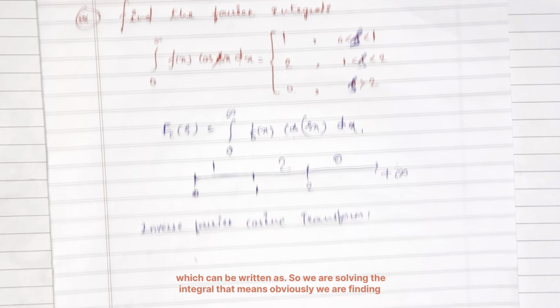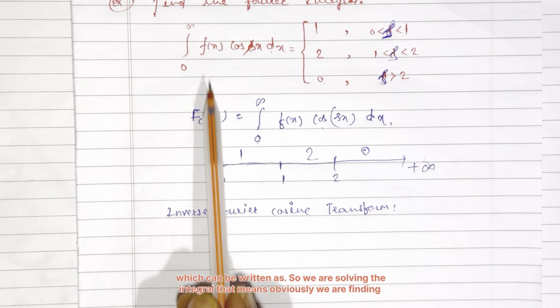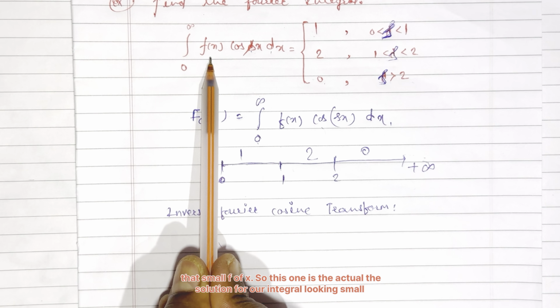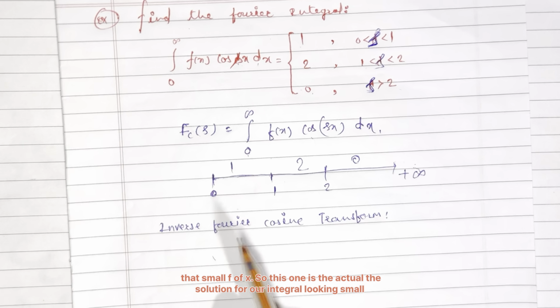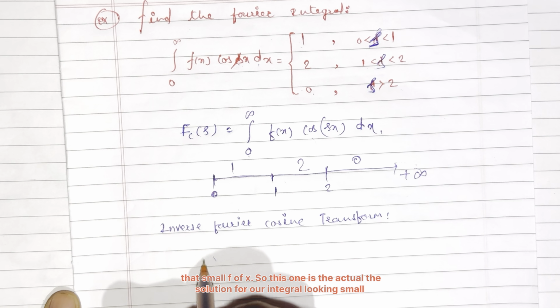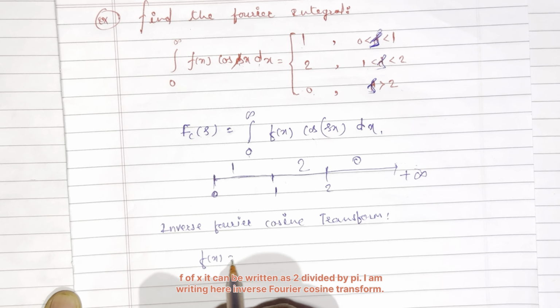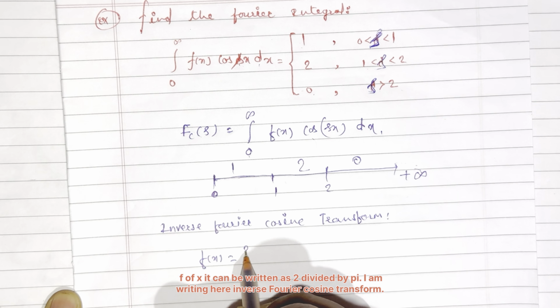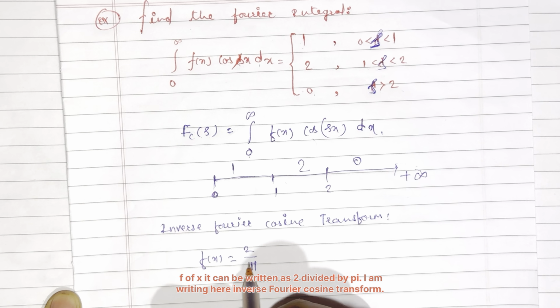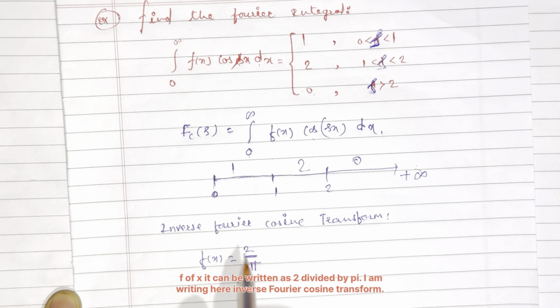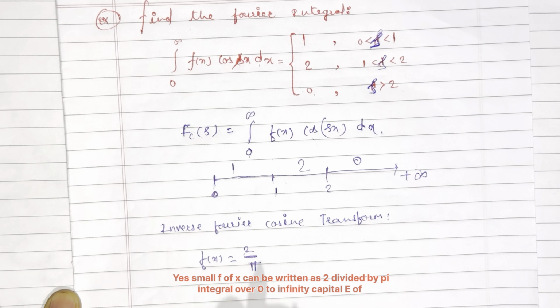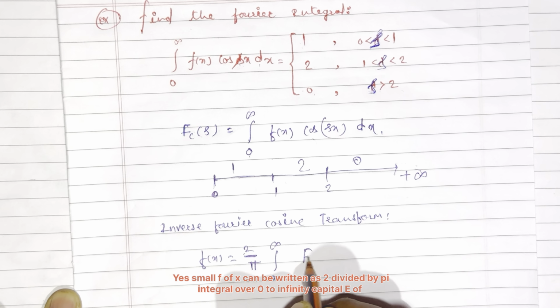Okay, and which can be written as, so we are solving the integral. That means obviously we are finding that small f of x. So this one is the solution for our integral. Small f of x can be written as 2 divided by pi. I'm writing here the inverse Fourier cosine transform. Yes, small f of x can be written as 2 divided by pi integral over 0 to infinity capital